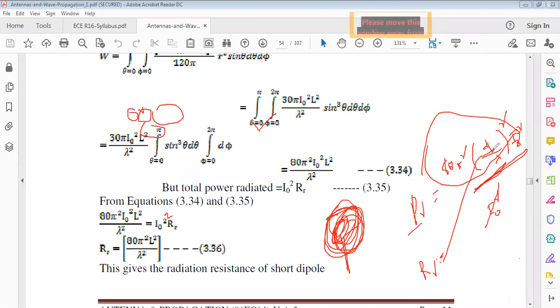Why am I repeatedly telling you this expression? Because this is the fourth most important topic and derivation from the exam point of view, competitive point of view and interview point of view also. I faced this question in the ISRO exam also, the ISRO interview. 85 square dl by lambda whole square.